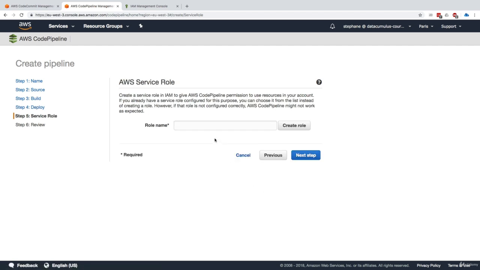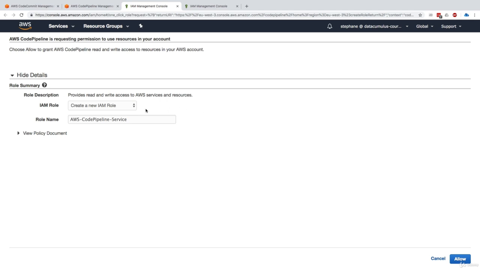Click on next step, and now we have to specify an IAM role for CodePipeline, so that CodePipeline can execute all the permissions and all the API actions it needs to get the data all the way from the source into the deployment of Elastic Beanstalk. So for this, we have to specify a role name. So we'll create that role and click on create role. And so basically this is a quick ready-to-go policy. So we'll create a new IAM role, okay? And this is AWS CodePipeline Service.